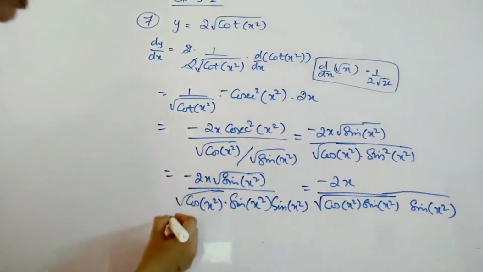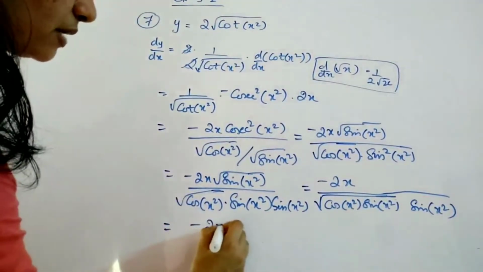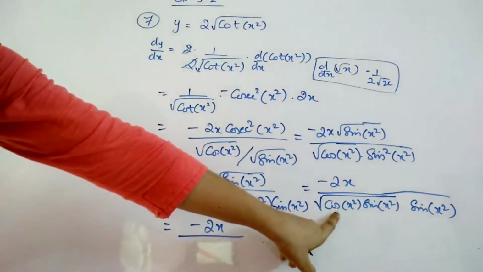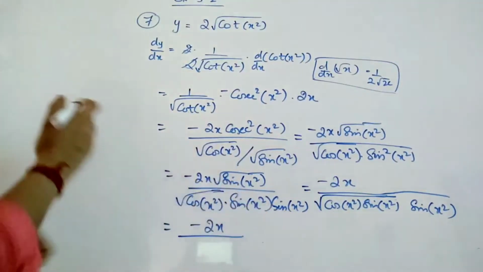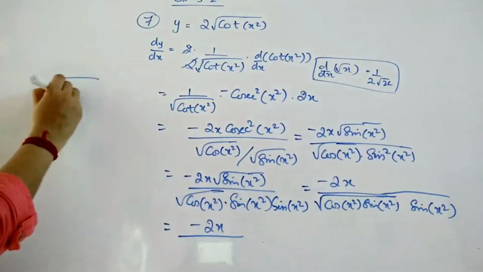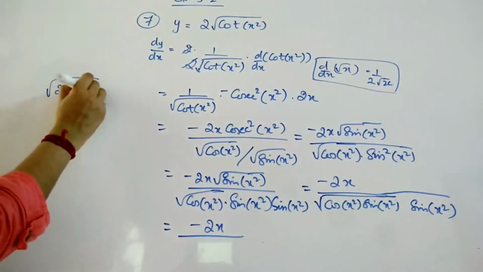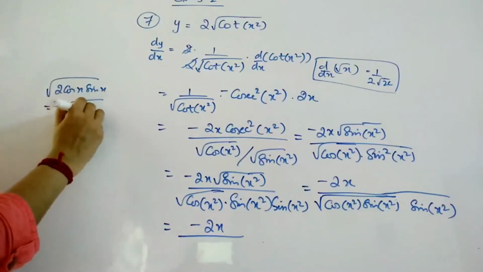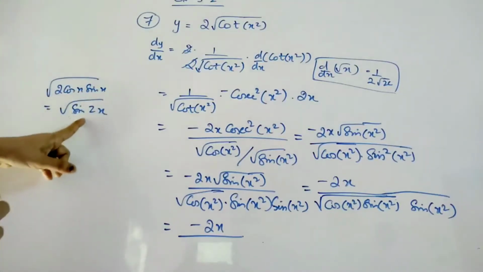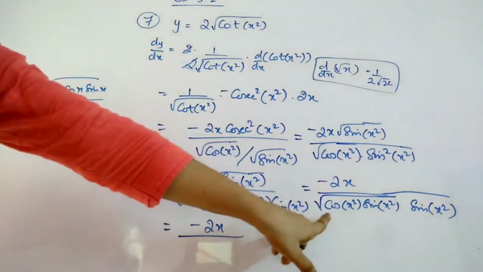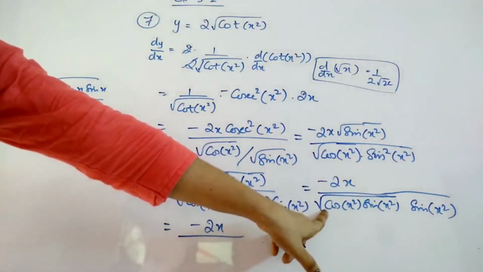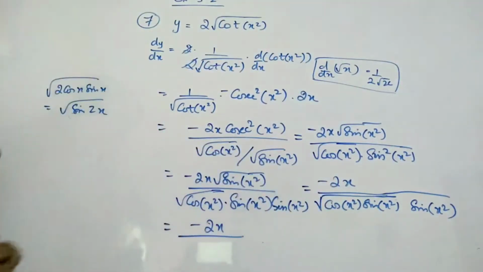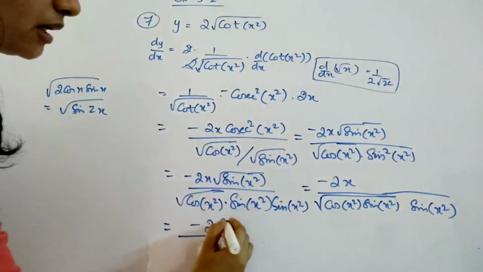Okay, now again you can simplify this a little bit. That will give you minus 2x divided by, if I have a 2 here, I can just make it as inside the root. If I have a 2, I will write 2 cos x sin x is nothing but sine 2x, right? So this property I am using here. So if I am getting a 2 inside the root, I will just multiply and divide with that same term, root 2. So here I am just multiplying the numerator with the root 2.